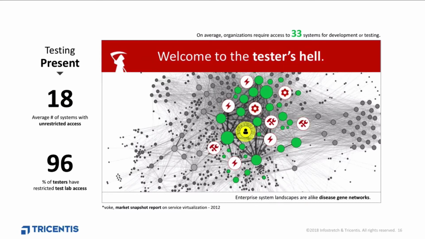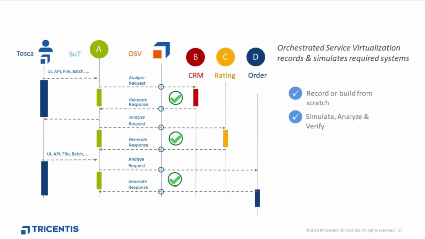And guess what? Most of the time, they are not. So some may currently be offline, others may still not exist, or they are currently being built and developed. So if you're in this situation, it's simply impossible to sustainably run your end-to-end tests. And from a testing perspective, you could say, welcome to tester's hell in that case. But of course, there's a cure. Our newest member of the Tricentis family, which is called Tricentis Orchestrated Service Virtualization, provides the most modern technology to decouple such systems for development and test purposes.